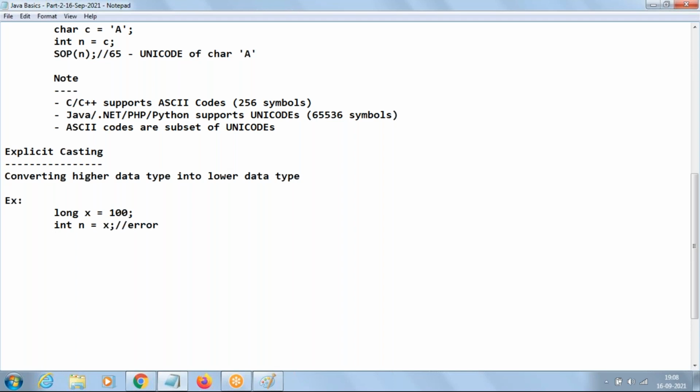We cannot do direct assignment. But our requirement is we want to convert long to integer. Then how to do that: you can say int n equal to, in parenthesis we have to provide what type you want to convert, and say x. Mentioning the type you want to convert like this is what we call explicit casting. Now if you print the value of n, it will be 100.